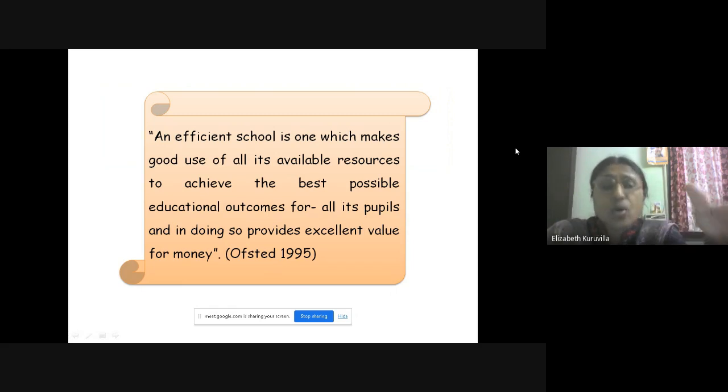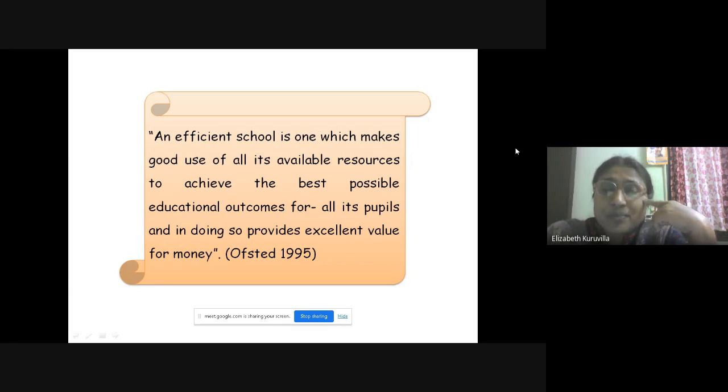What is your opinion about this statement? Who can tell? Can you expand? What does this statement mean? Muniba, can you expand? Look at the statement and paraphrase it.